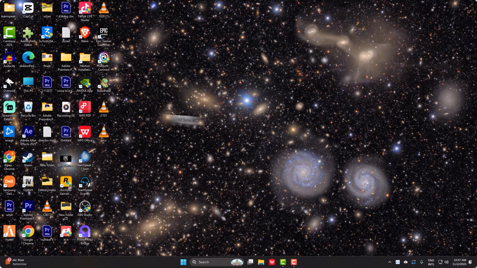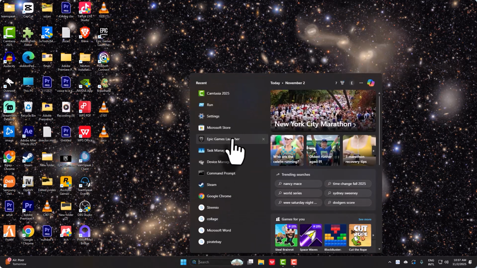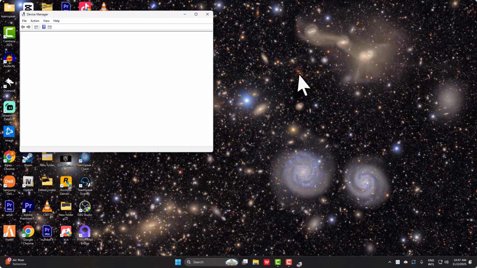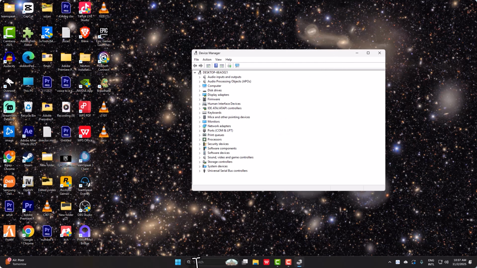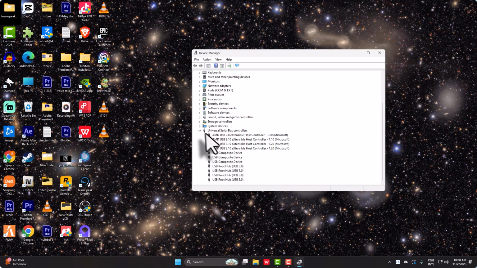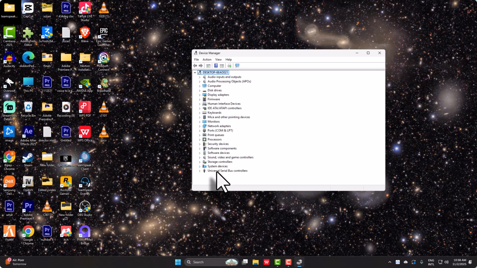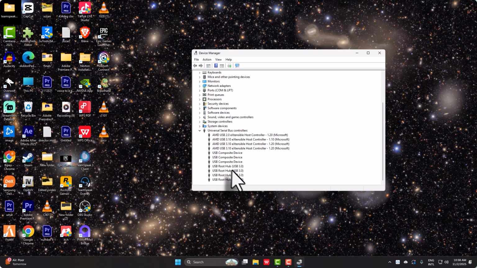I want you to check if your controller is actually connected to your PC properly. So go to device manager, that you can just search on your search bar just like that, and on the device manager, as you can see, there is going to be your keyboard and mice and other pointing devices. Click on those and just check for it, and if it is not there, then that means that it's not connected properly. Just try and reconnect it, and if it is there and if it's still having problems, just right